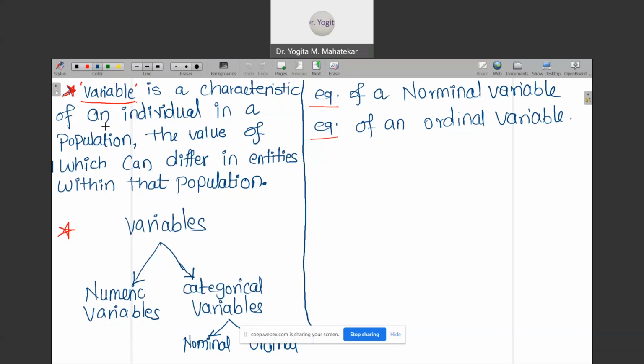When you represent a given population in the form of certain characteristics, for example, suppose I want to record all the numerical data related to the weights and heights of the individuals in a certain population of 100 people, then that numerical data of weights in kilograms and heights in centimeters represents the numerical parameters associated with the given population.